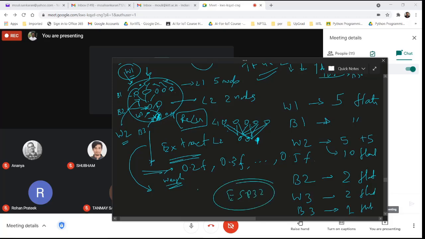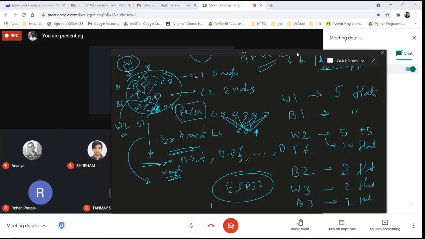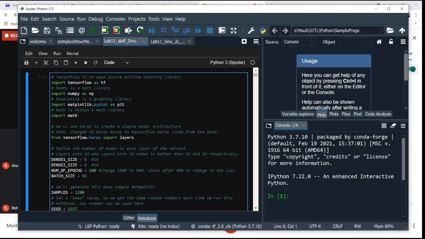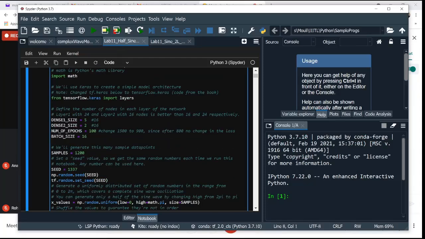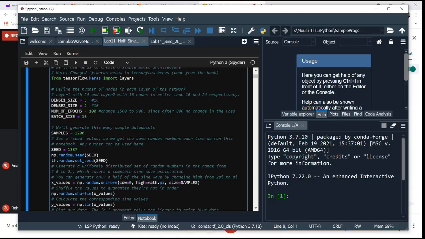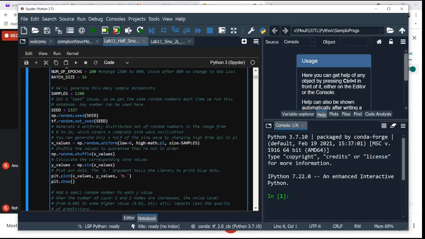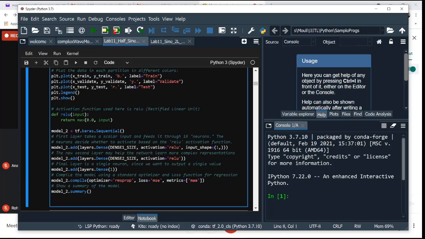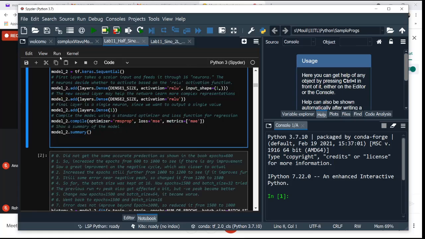I will show you the code and then we will see. I hope this is clear. Let me see if there are any questions just behind me. Okay, nothing. Now let us look at the half wave. What did I do? Half wave means I am generating only between 0 to pi. We have 5 nodes, 2 nodes. Only 100 training epochs is enough, because we are not seeing any improvement in the output. And then samples are 1200. Everything is straightforward. So let us just run it once